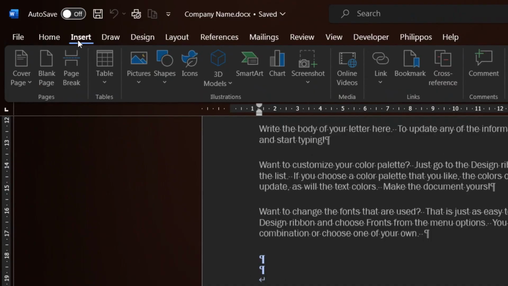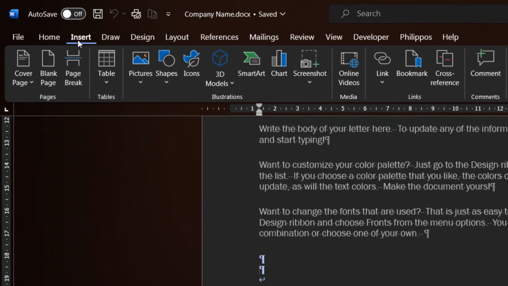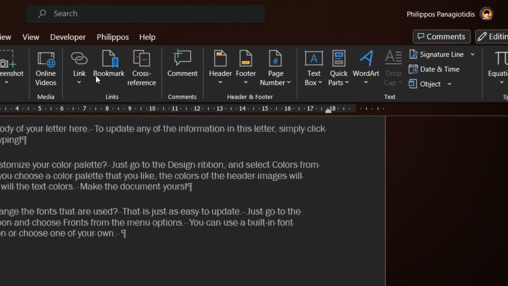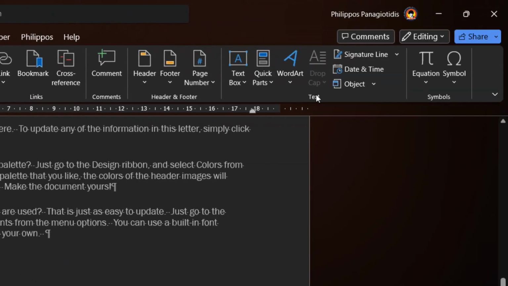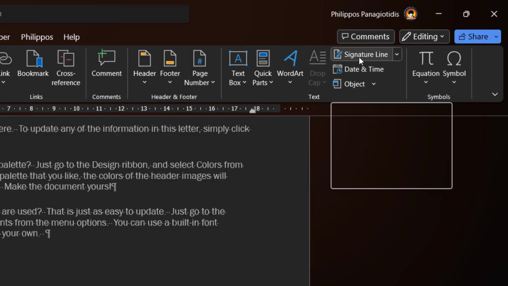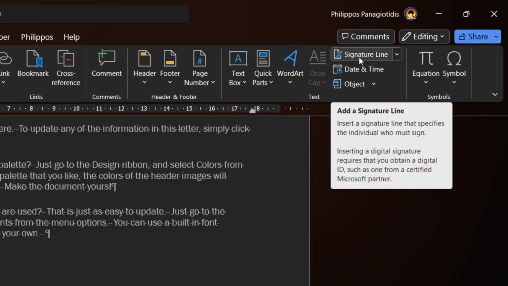Then I select the Insert tab and locate the area at the far right of the ribbon named Text. In the text area is located the command signature line where we can insert a signature line that specifies the individual who must sign. Inserting a digital signature requires that you obtain a digital ID, such as one from a